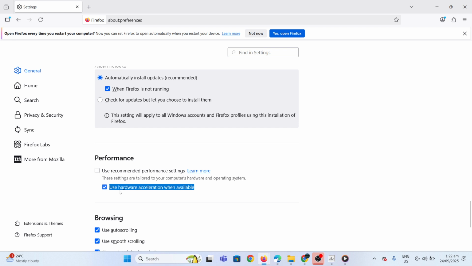Now that you've got that unchecked, another option appears. Use hardware acceleration when available. This is where you make the crucial decision based on what your system can handle. Checking this box turns on hardware acceleration, which allows your computer's hardware to handle some of the graphical tasks, potentially speeding up your browsing. Conversely, unchecking this box will turn off hardware acceleration. This might be necessary if you're experiencing issues with certain websites or if your computer's hardware isn't quite up to